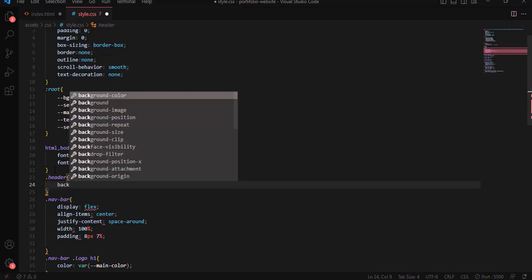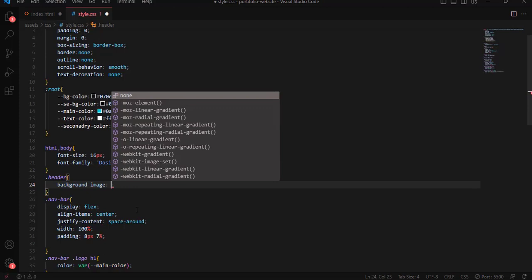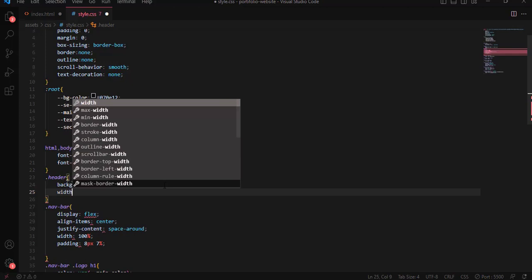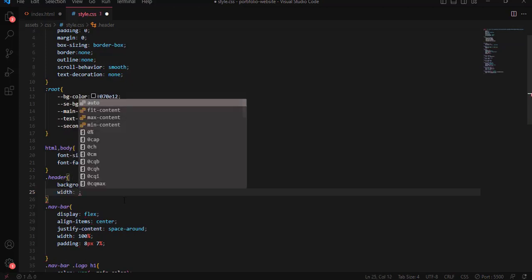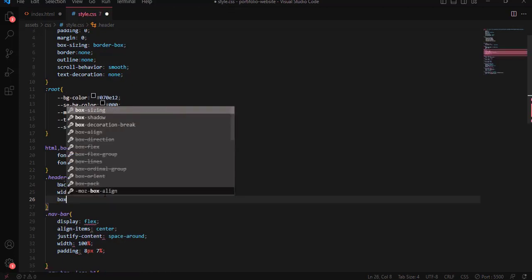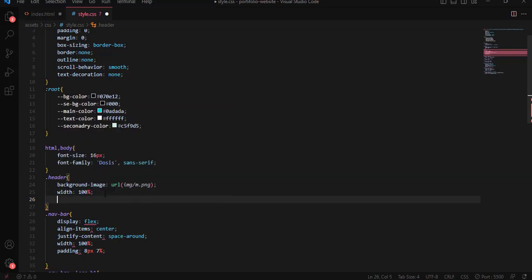So copy this class name and paste right here, and now background-image, we have the URL for the image, which is the destination for the image, right? The image is found inside the image folder right here. After that, the width for the image, 100%,